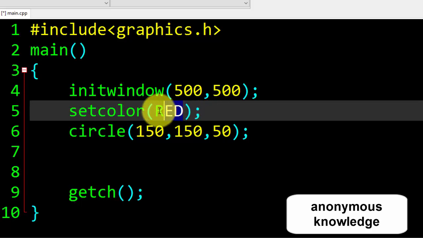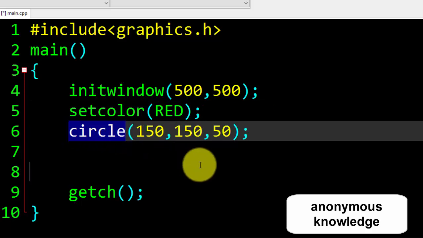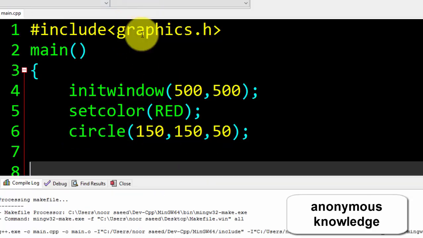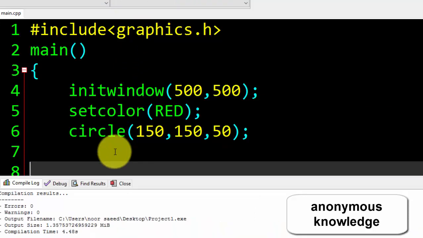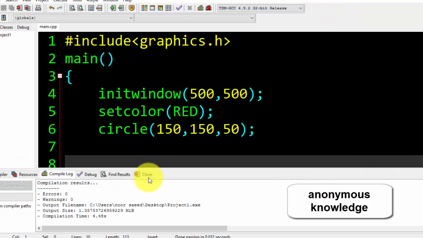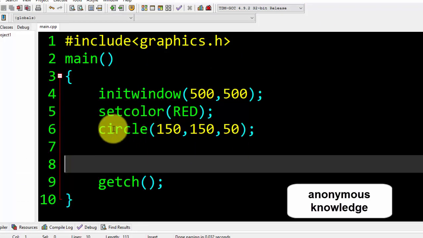What is that color? That color is the default color. What do I mean by default? Default means if I want to fill a color in our circle, we first have to change the color of the border of that circle. First let me compile and run, and after that we will explain all this in detail. So now our circle will be red, not fully red, but just the border of the circle will be red. See, as you can see here, we have changed the color of the circle, that is red. So this color is called the default color of the circle.